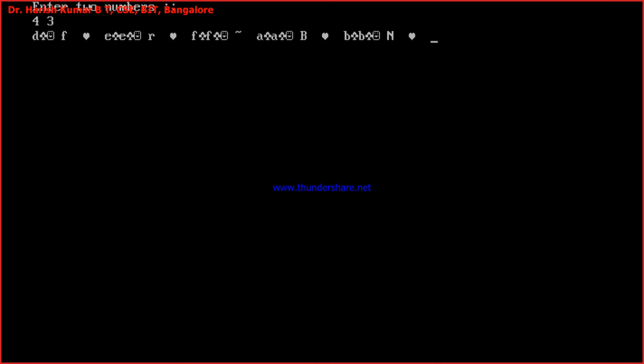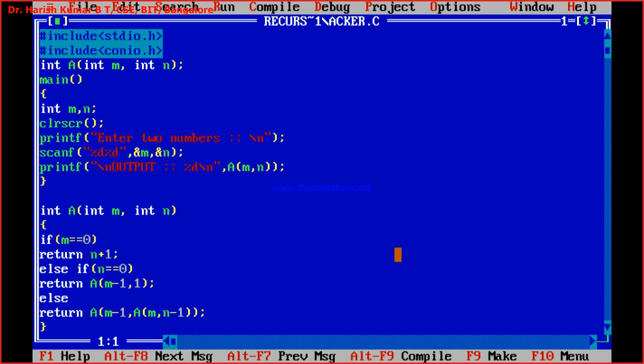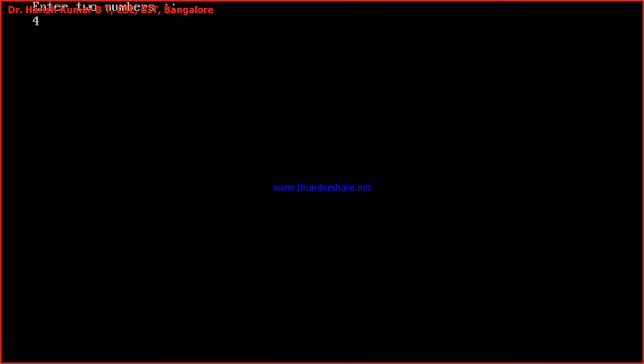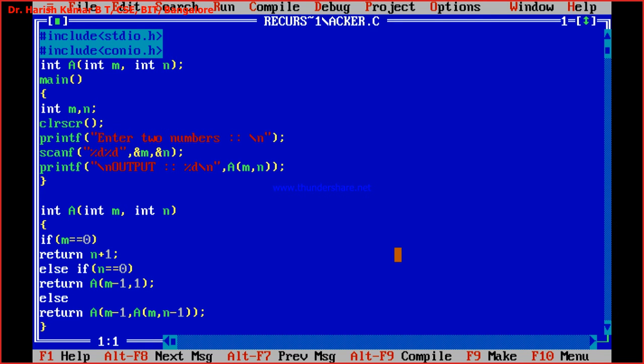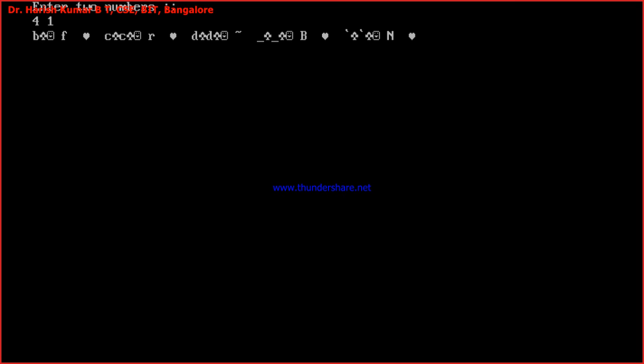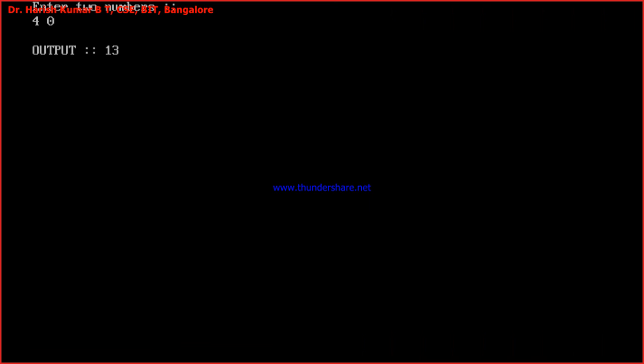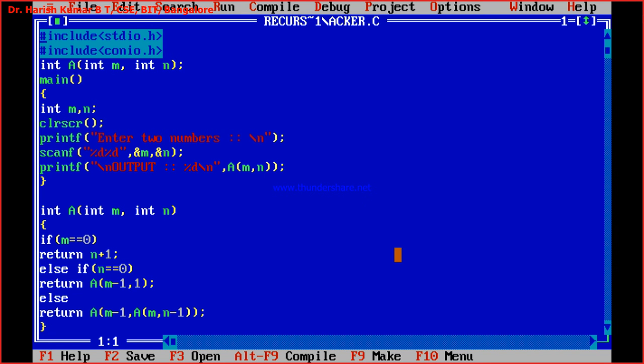Okay. So the maximum limit is that 4 comma 2. Okay. 4 comma 1 you can give, I think. From 4 comma 2 onwards it will not take. 4 comma 1 is also not possible, I think. I will see. Alt F5. Yeah, that is also not possible. Control F9. 4 comma 0. Yeah, 4 comma 0 is fine. Alt F5. So 4 comma 0. Now 4 comma 1, 4 comma 2, 4 comma 3. So beyond that it is not possible. After 4 comma 0 it is not possible.